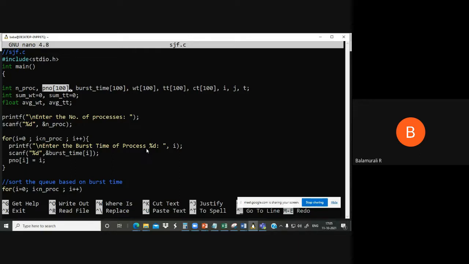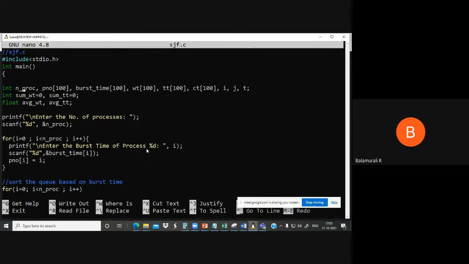Initially, whatever input the user gave, the shortest job may not be first, but the shortest job should be moved first. So we introduce one more variable which is called process number. For every process we give a number. Say for example, initially the 4th process has the shortest burst time. Now we will move the 4th process to the first location of the array, but still we call that the 4th process only. Are you getting it? Otherwise you cannot see how the algorithm is producing the result, but still that process will be called the 4th process only, and that is the reason we are maintaining this p number.